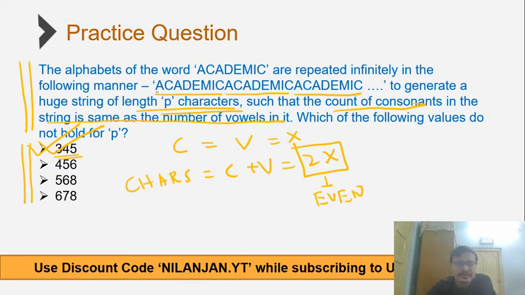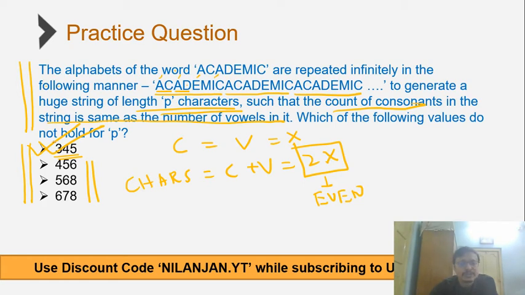If you have noted the sequence, every sequence of 2 consecutive alphabets has one vowel: A is a vowel, again A is a vowel, again E is a vowel, again I is a vowel. So every odd numbered alphabet is a vowel, every even numbered alphabet is a consonant, which means if the string comprises an even number of characters, then the total number of vowels and consonants will be the same, which is the case with all the 3 options B, C and D. In option A, till the end of 344 characters, the number of consonants and vowels will be the same. The 345th character being a vowel, the count would be 1 more for vowels.